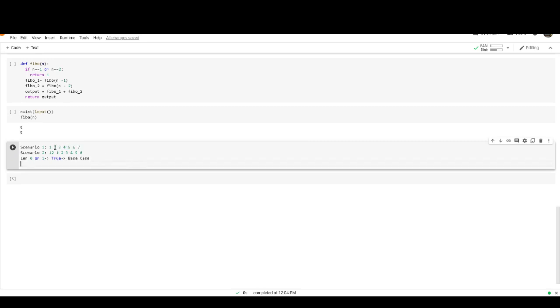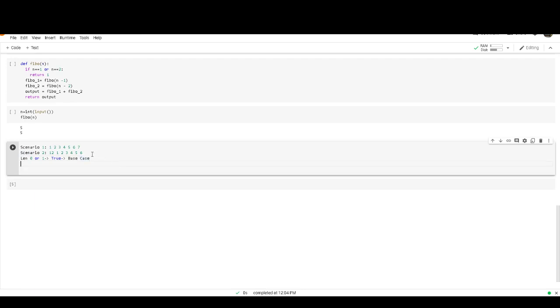If a of 0, which is 12, is greater than 1, then we will not consider the rest, because since this condition is false, the whole result becomes false. So we do not consider this list.